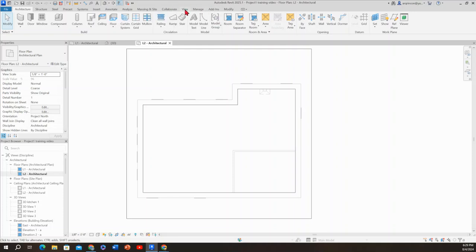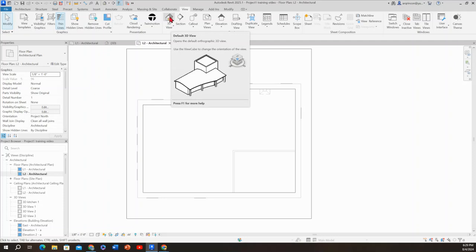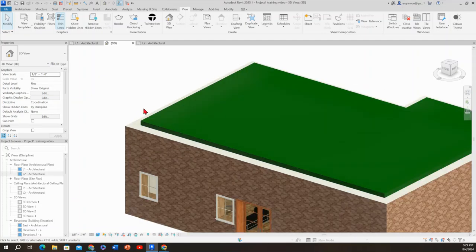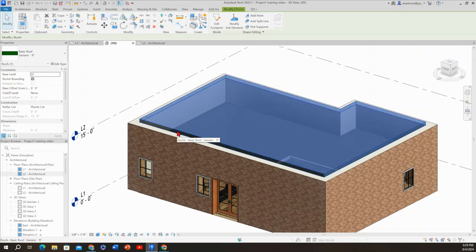You can go to the view tab, default 3D view, the upper portion of the icon, right? And it's going to show me this, right? So now we are creating a parapet, right? And this one was created over level 2. So what we need to do is select our roof, right? And then change